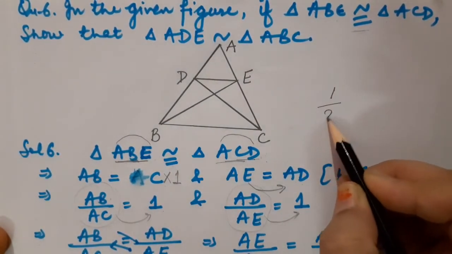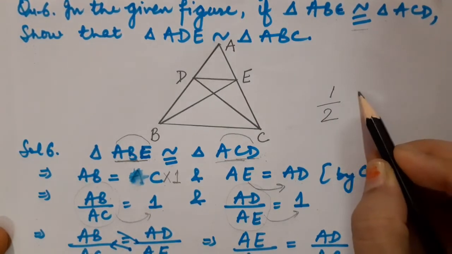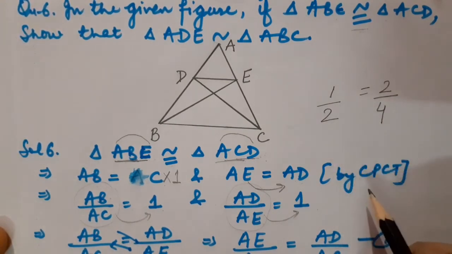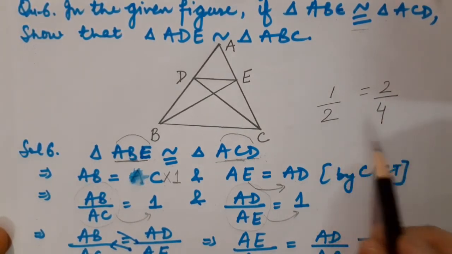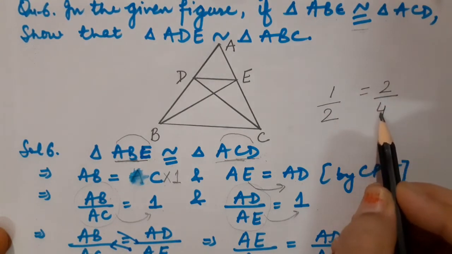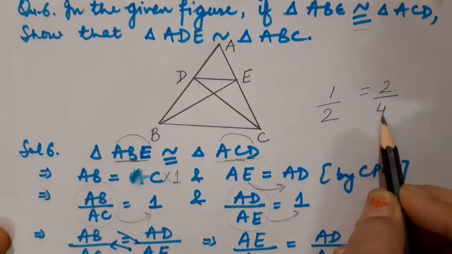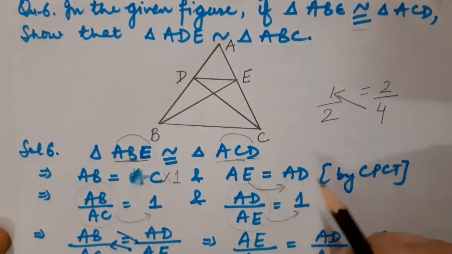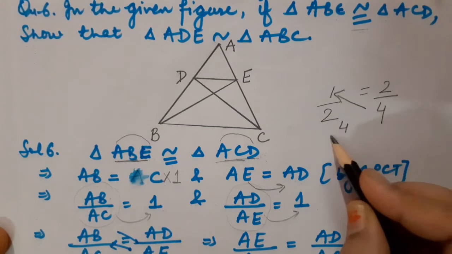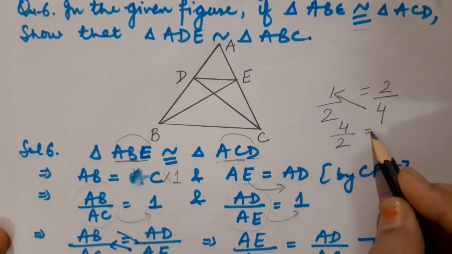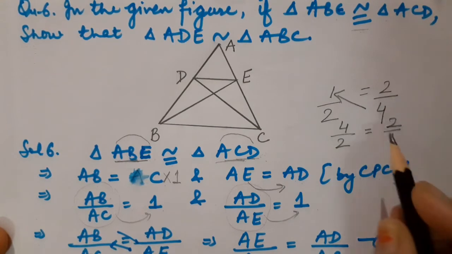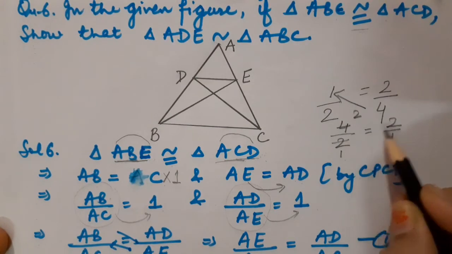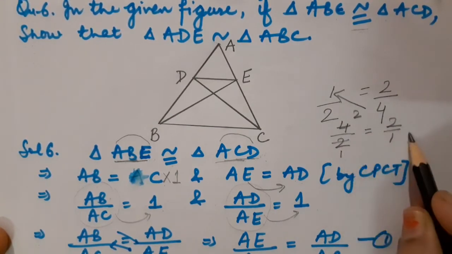Now children, do you remember I explained to you whenever we have two equal ratios given. For example, I am writing 1 upon 2 is equal to 2 upon 4. I am going to just interchange the places. This 4, which is the denominator of ratio number 2, I am going to take on the left side. So it would become 4 upon 2 is equal to 2 upon 1. Cancel it: 2 1s are 2, 2 2s are 4. So ultimately I get 2 upon 1 is equal to 2 upon 1, that is 2 is equal to 2.